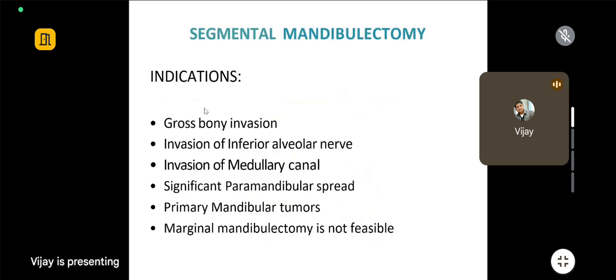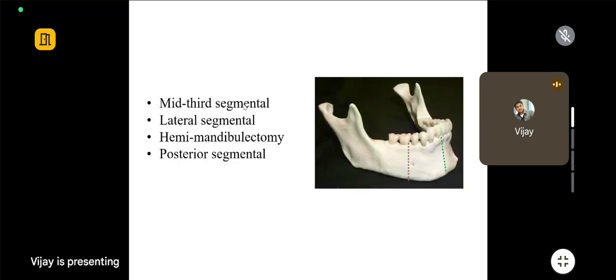Coming to segmental mandibulectomy, indications include gross bony invasion, invasion of the inferior alveolar nerve or medullary canal, significant paramandibular spread, primary mandibular tumors, and wherever marginal mandibulectomy is not feasible. So, grossly, it can be divided as